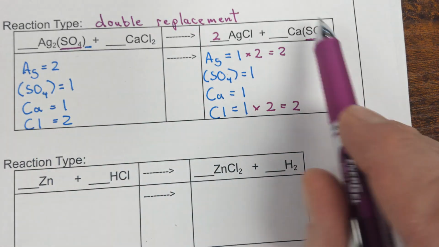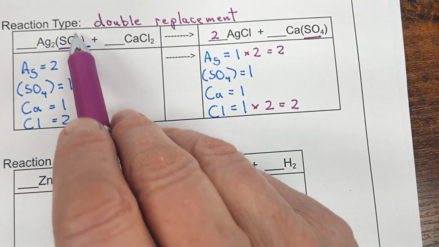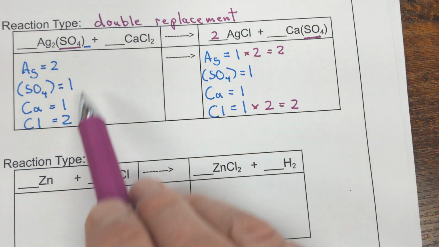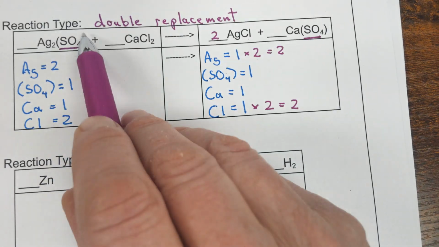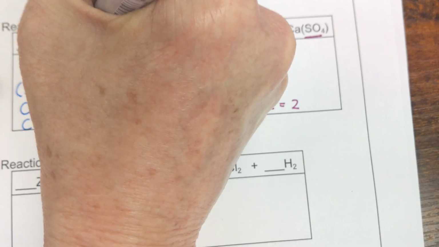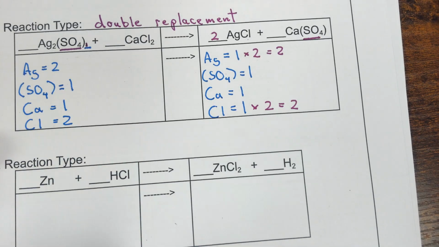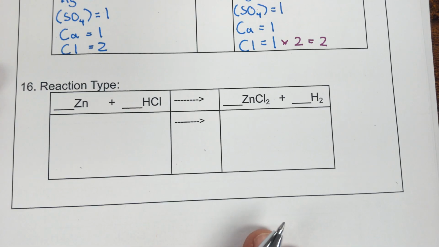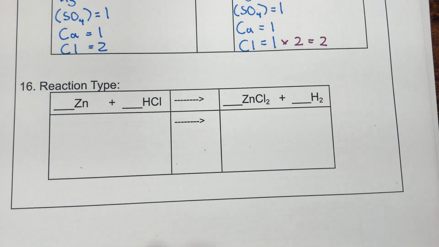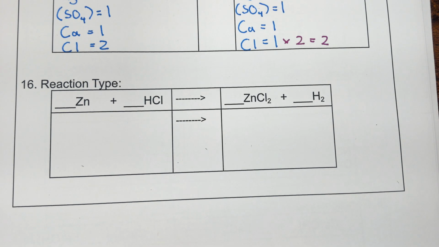It's identical on both sides of the equation. So you are going to keep it together and just keep track of how many copies you have of that polyatomic ion. And if there's no subscript outside of parentheses, then you have just one copy. All right, next one is pretty straightforward, so we're going to stop there, and I'm going to go on to